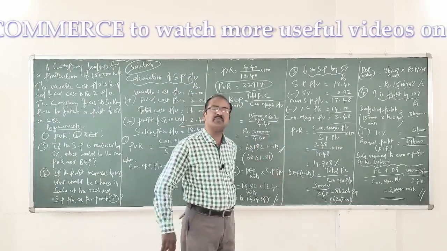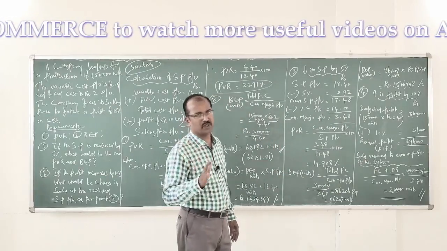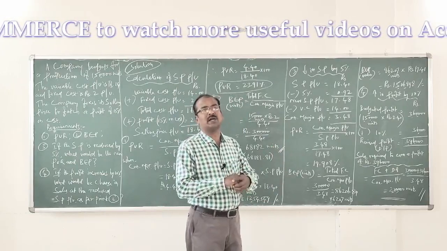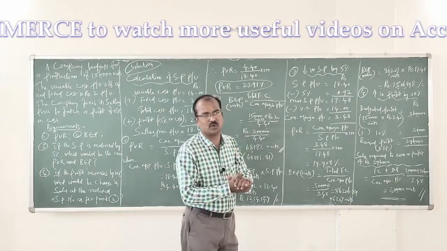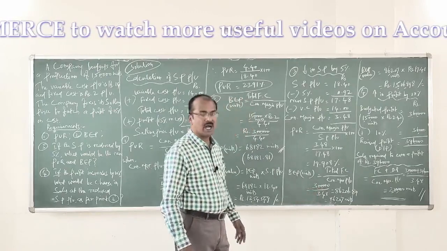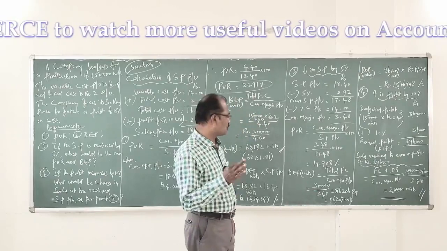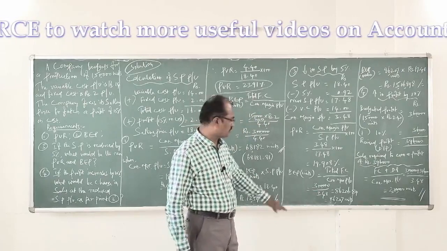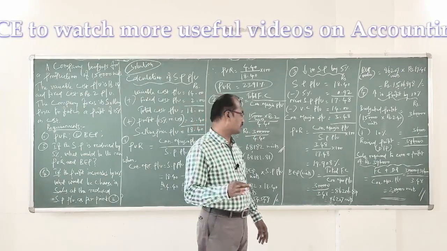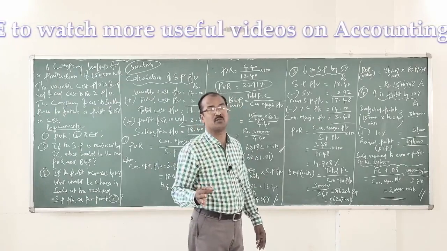Then let us calculate BEP in units. Total fixed cost divided by contribution margin per unit. Total fixed cost we already calculated, with the multiplication of 150,000 units into 2 rupees per unit, it comes to 3 lakh rupees divided by contribution margin per unit 3.48, it gives us 86,206.89 units, which could be written as 86,207 units. That is what the break-even point in units is when the selling price is brought down by 5%.